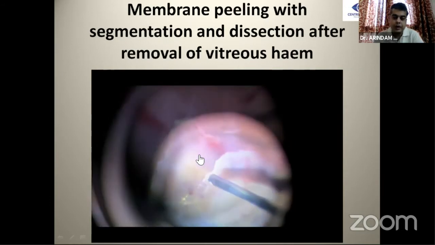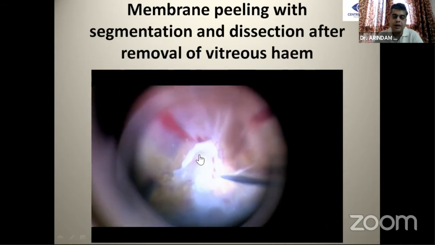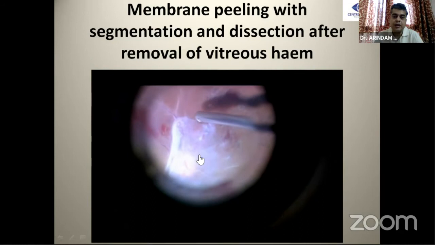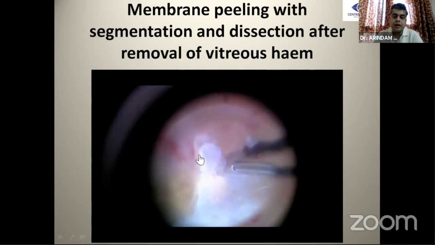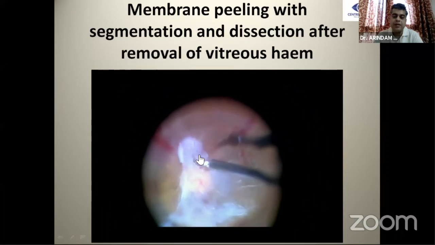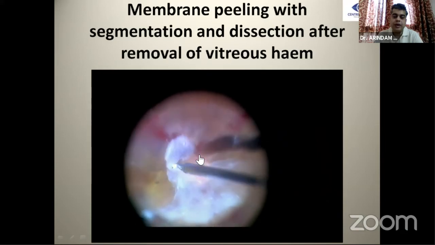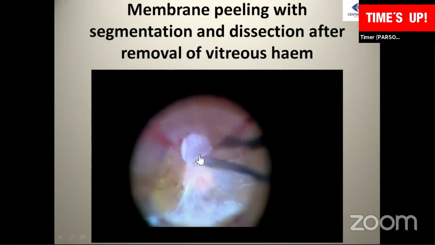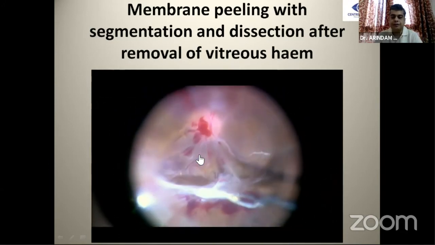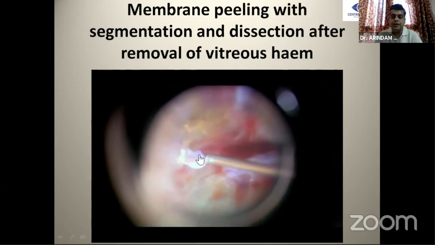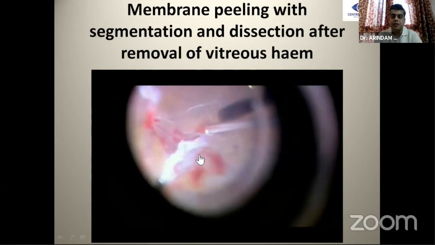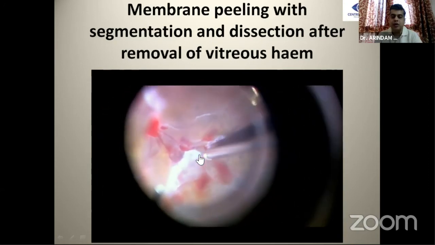The vitreous should be completely removed in such cases. Now again, there is an adhesion with a very big blood vessel behind. The cutter is used first to create a plane. When it fails, then a bent 25 gauge needle is used. One last bit, the membrane is slowly peeled off. This is followed by a laser. There is an ooze coming, which we should be very careful about. It is controlled by raising the bottle height.